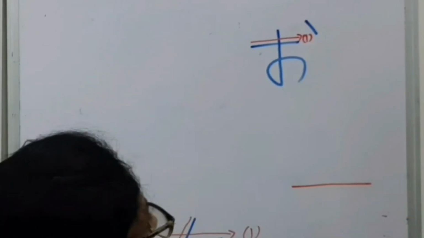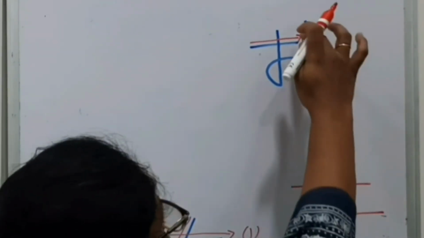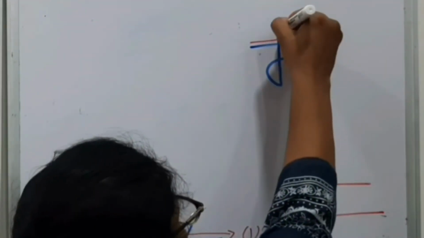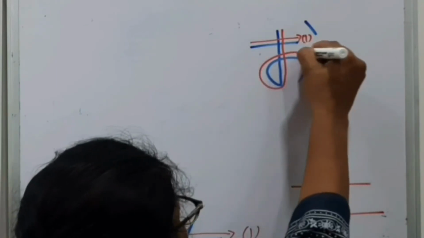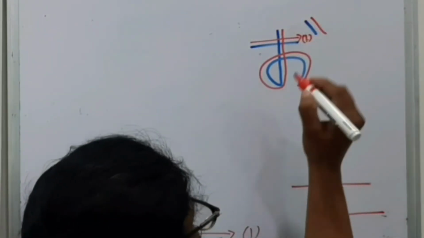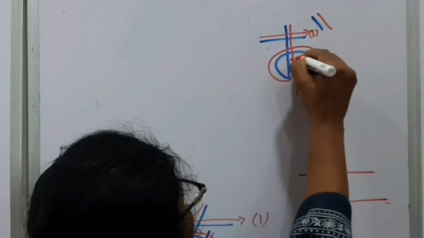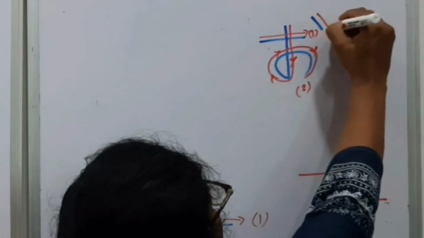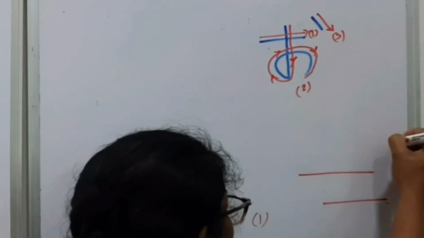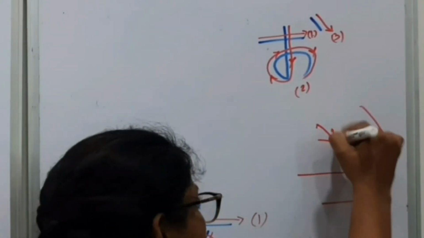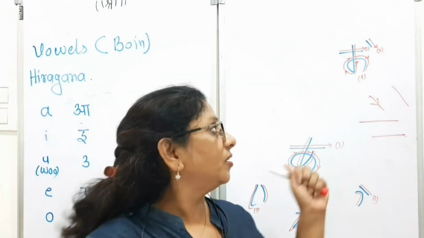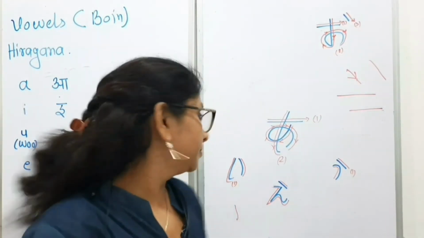In this way only we have to go, not in this way. The arrow is only for the direction, not to write there. Then keep your pen here and directly pick up here. And lastly this. This is your first stroke, this is the second stroke, and the direction is like this. And this is the last, third stroke. We can't go like this; we have to write in this way only. Understood then? This is the stroke order of O.